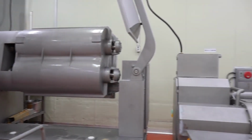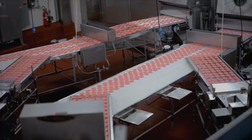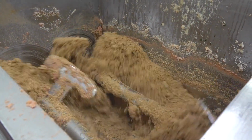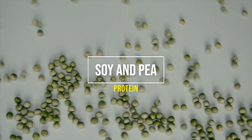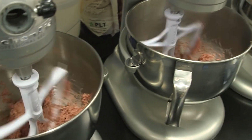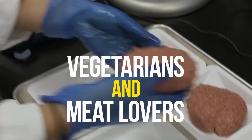The primary component of McDonald's plant-based burgers set the recipe in motion. This burger usually uses soy and peas as its main sources of protein. These items have been chosen because they have a high protein content and can be used to replicate the flavor and texture of meat. The selection of soy and pea proteins is essential because, in addition to providing a fantastic source of protein, they also readily absorb flavors, which is essential for producing a patty that will satisfy both vegetarians